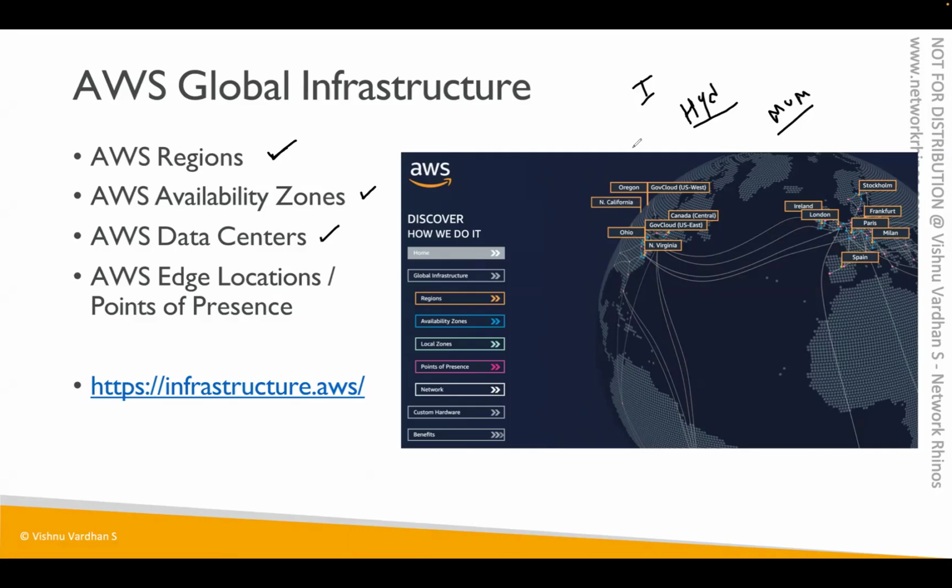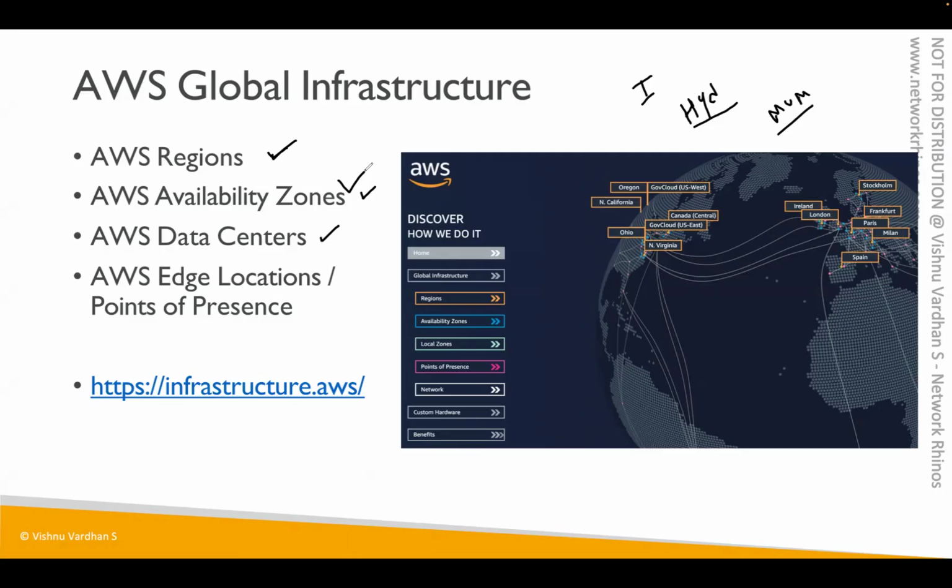Multiple regions are there. Now, inside one region, Amazon will not keep one single data center. They'll keep a lot of data centers, a group of DCs under one big building. Think like a building like Walmart or D-Mart in India. It's a very huge shopping building, right? Like that, one building is termed as one availability zone. So one AZ is equal to one big area where Amazon has multiple data center servers configured.